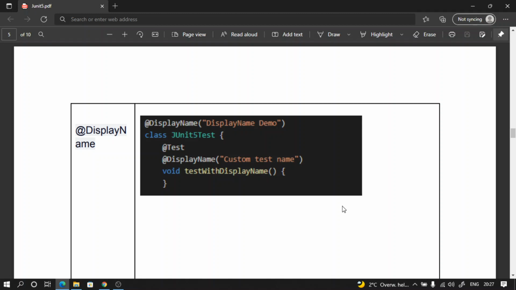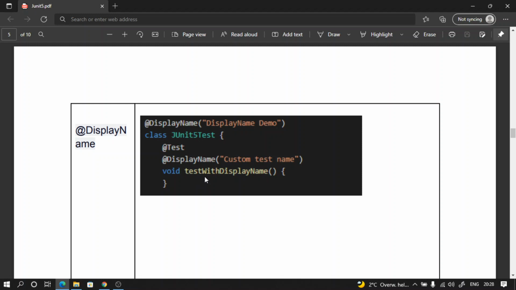Like everything or everyone has a name, hence we would also like to give a name to our test cases. So we can give a name on the class level with the @DisplayName annotation and pass the name or the description. Whatever you are doing in this test, you can pass a description. Or we can also apply this @DisplayName annotation on our method level to say what exactly is this particular